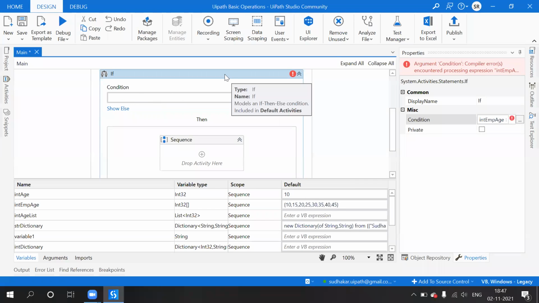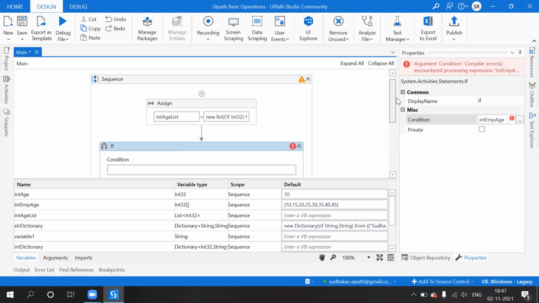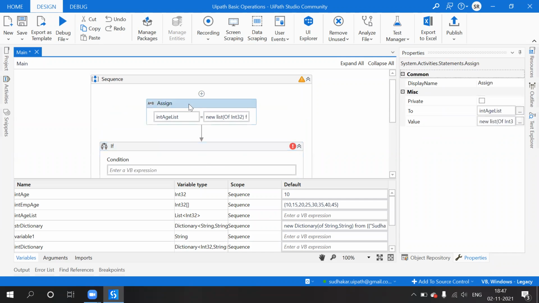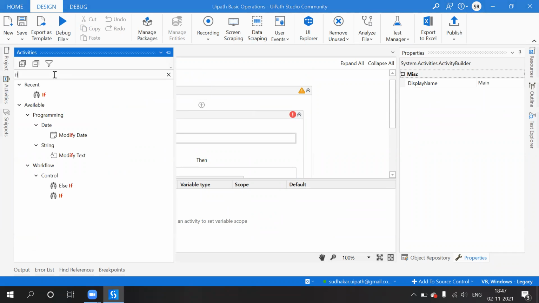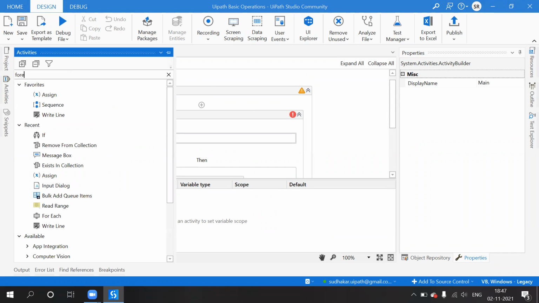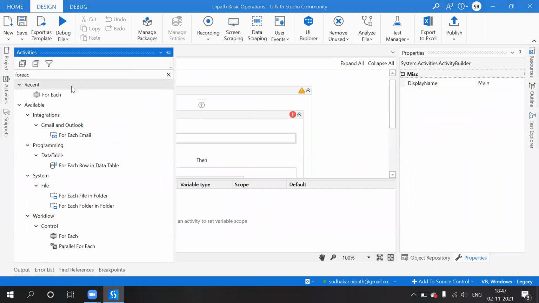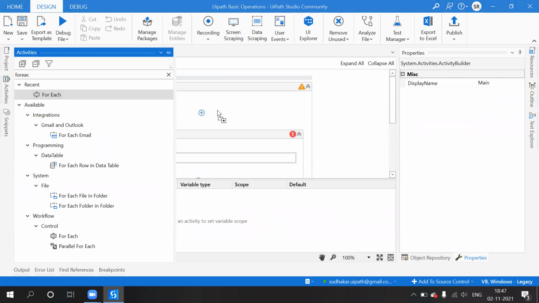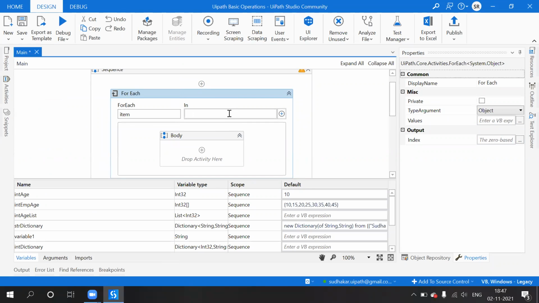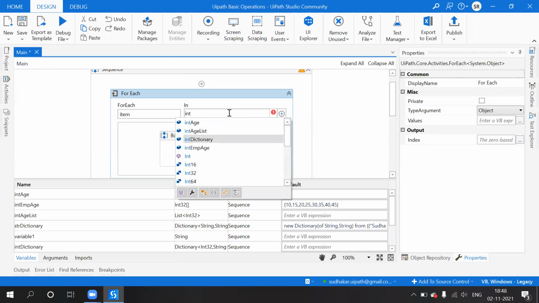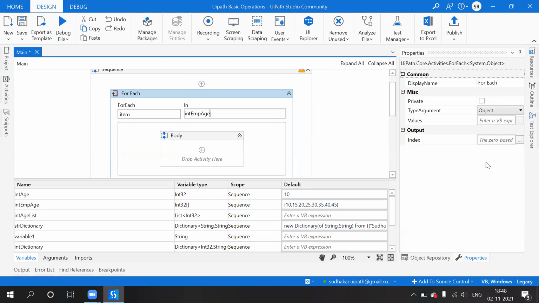Correct. So for that we have to use for each. I am going to take for each, and the data is available under int empas.